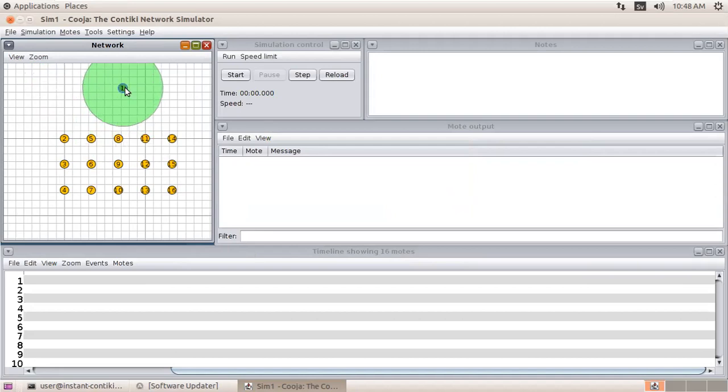You can see over here the green surface, which is not coming into the range of any of the sender node. So it could not be possible till then. So what we can do is we have to drag it till we get a few of the nodes in the interference range or the transmission range of the sensor node, right? So here you can see it is in the transmission range, right?